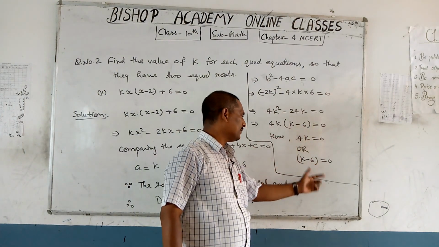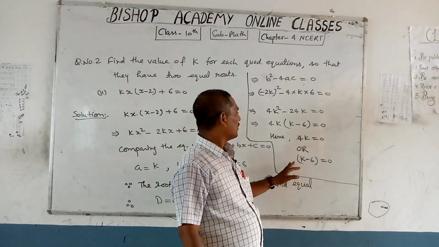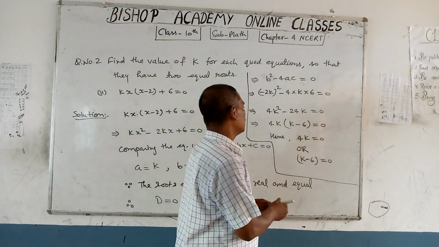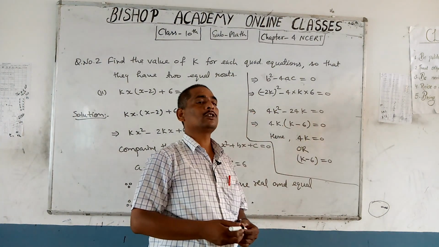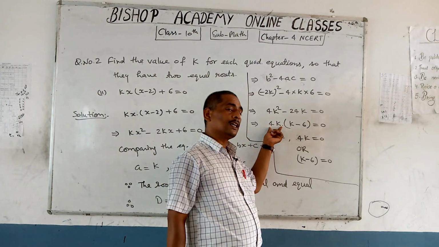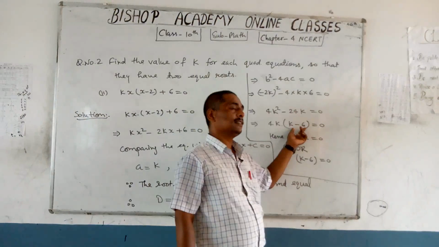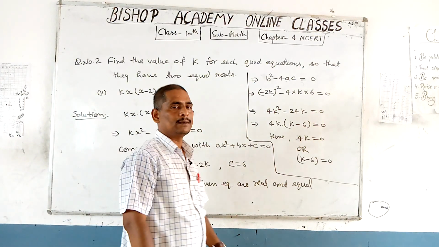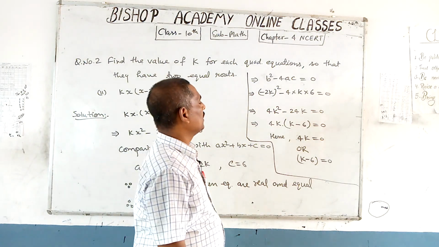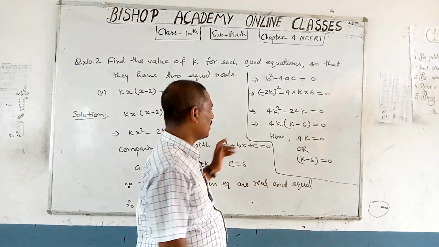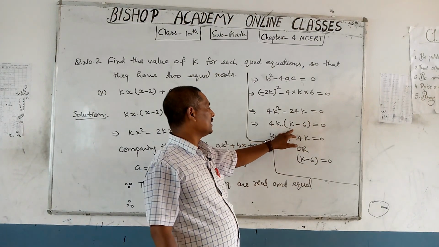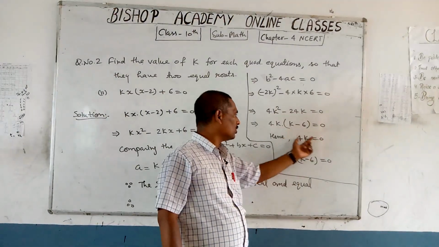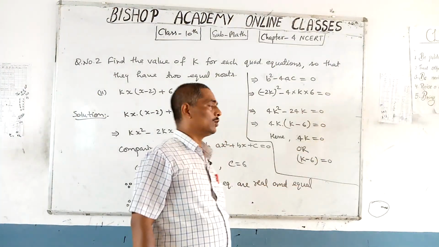4k is equal to 0 और k minus 6 is equal to 0. यहाँ पर आप देख रहे हैं कि 4k और k minus 6 का प्रोडक्ट 0 के इक्वल है. तो कब पॉसिबल है? Either 4k is equal to 0 या तो 4k 0 के बराबर हो, या k माइनस 6 जीरो के बराबर हो, दोनों में से एक कोई जीरो के बराबर होगा, तभी तो जीरो से मल्टीप्लाई करने पर किसी भी नंबर में आपको रिजल्ट जीरो मिलता है। तो इसको हम जीरो प्रोडक्ट रूल के नाम से जानते हैं। मैं तो आपको रिमाइंड करा रहा हूँ, 4k into k minus 6 is equal to 0 only when either 4k is equal to 0 or k minus 6 is equal to 0।